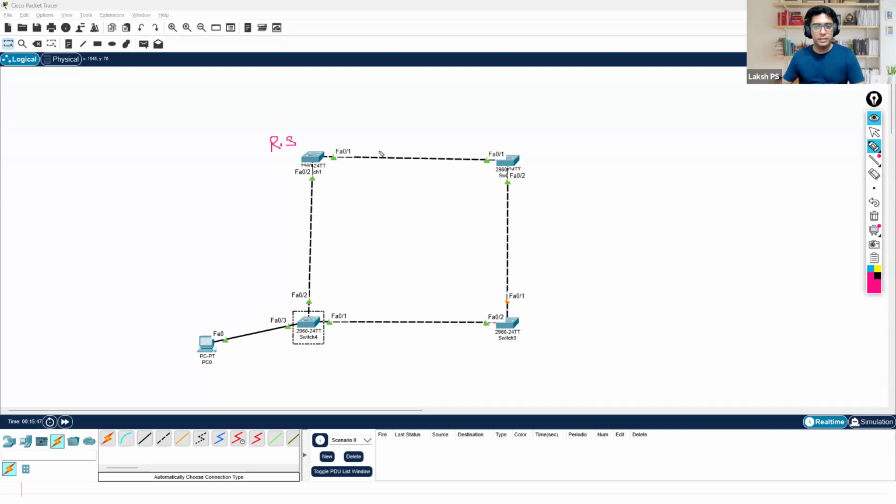Okay. Now the next step is we will find out the root ports. So obviously, from our earlier discussions, we can easily understand that, let's go for switch number 2. For switch number 2, this is one interface which can be a root port. It can reach the root switch via this way or via this way. Obviously, the direct connectivity will have a lower cost. And why will it have a lower cost? Because if we just open up this thing,